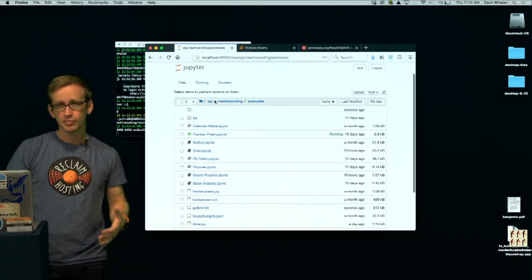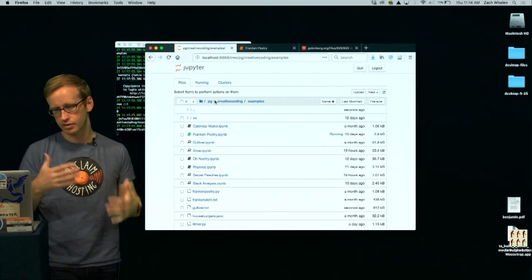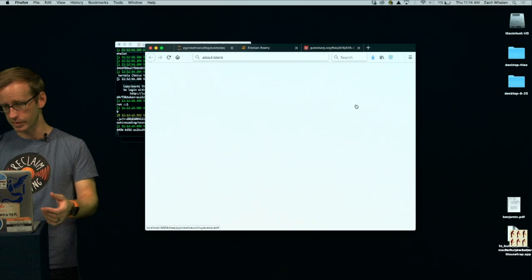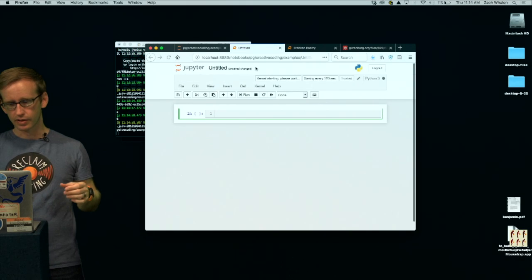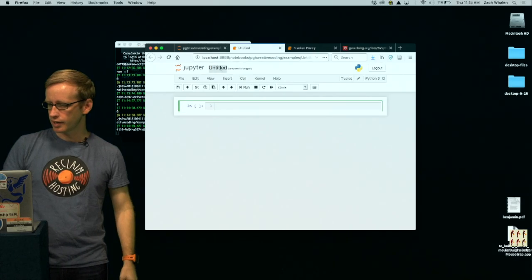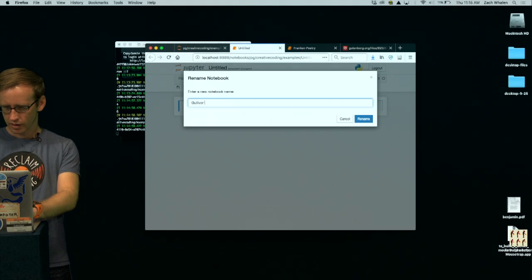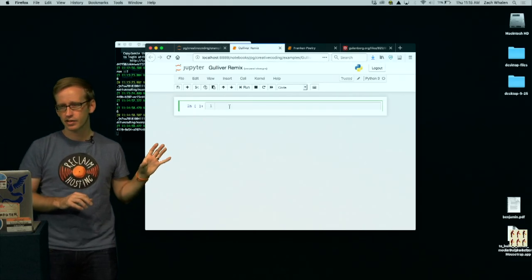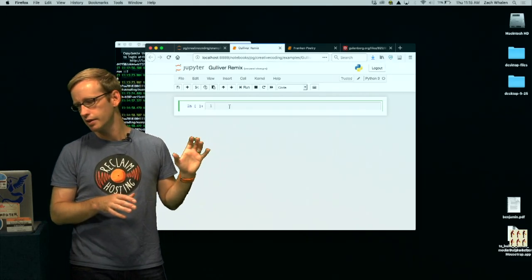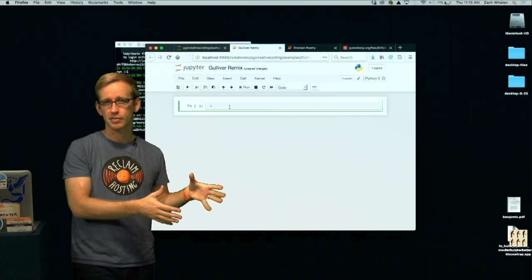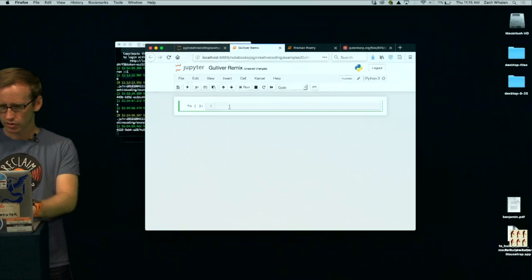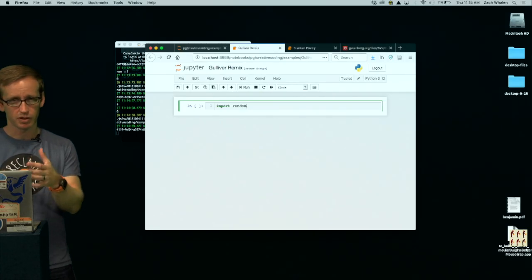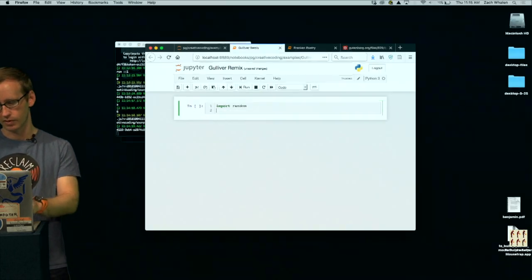So now I need to make a notebook where I'm going to make a project that remixes this Gulliver's Travels. So I just made a new Python 3 notebook. I'm going to go ahead and name it Gulliver Remix and set up a few things. In Python, you have to import the different modules that you're going to be using. So I need to go ahead and get some of these. Random is almost always a good choice for when you're doing generative work. You're going to end up using random eventually.